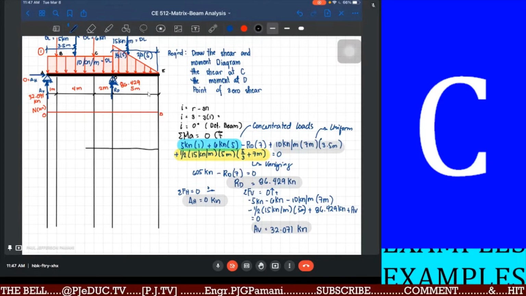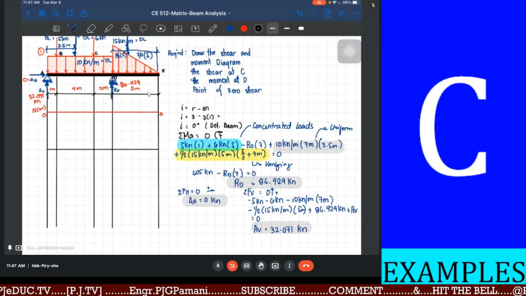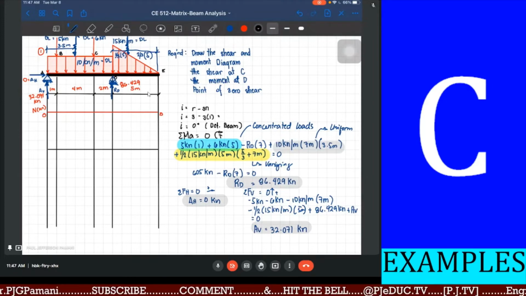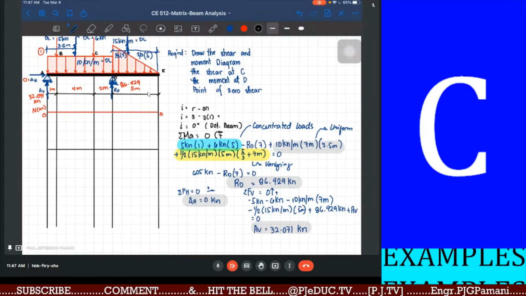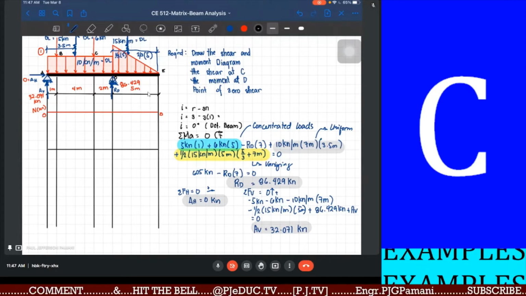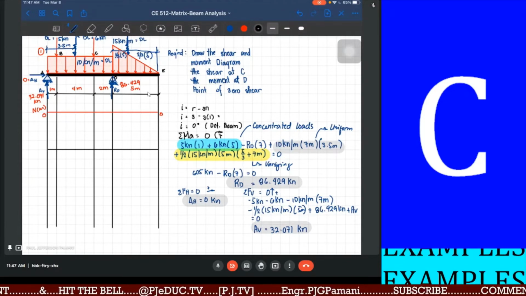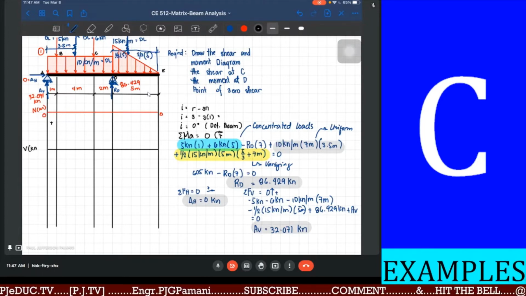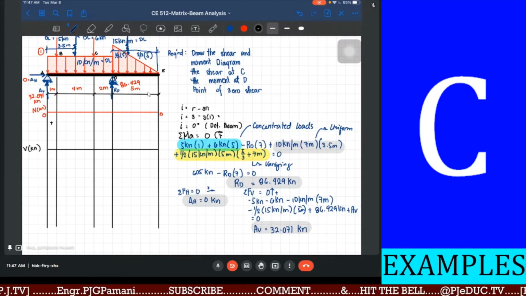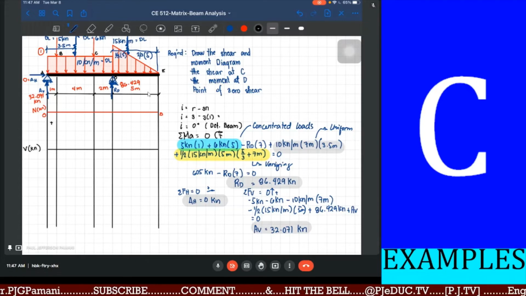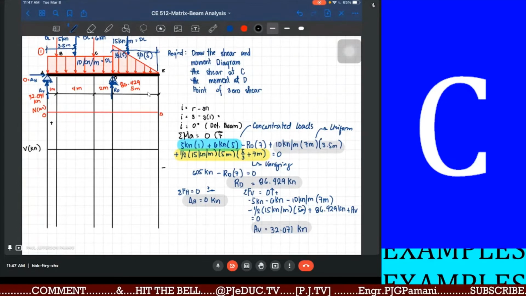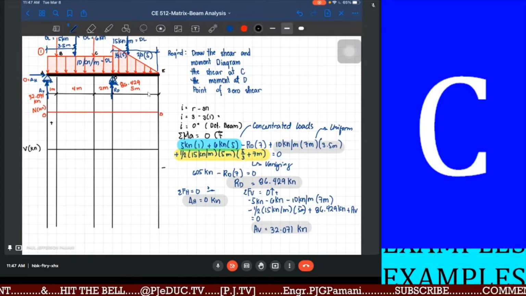How are we going to plot our shear and moment diagram? Identify your positive ordinate and your negative quadrant. All the forces identified above the line of the shear diagram, which is in kilonewton, are positive. All values found below that line are negative. Okay? Set na natin. I'll be using color